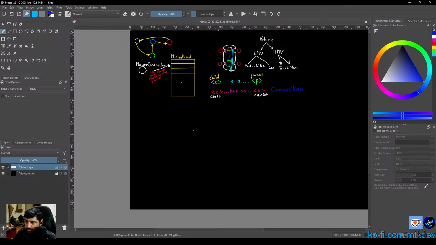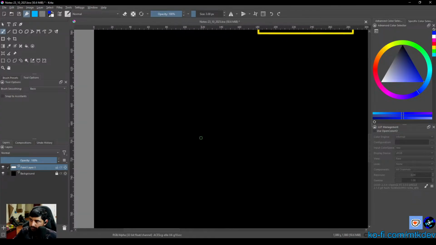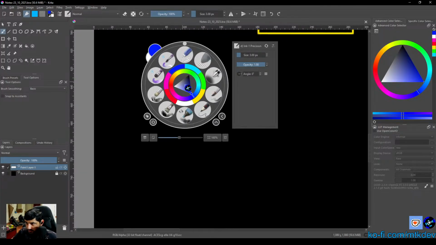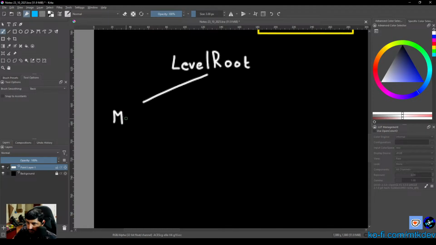So I'm just going to draw something. So what it wants me to do is it wants a clean separation like this. Okay. If I draw the level root, let's just go back to the white pen for now, and we'll say this level root, right? As you can see, I'm getting a little better at my single stroke characters. So the level root has both a mining vessel,